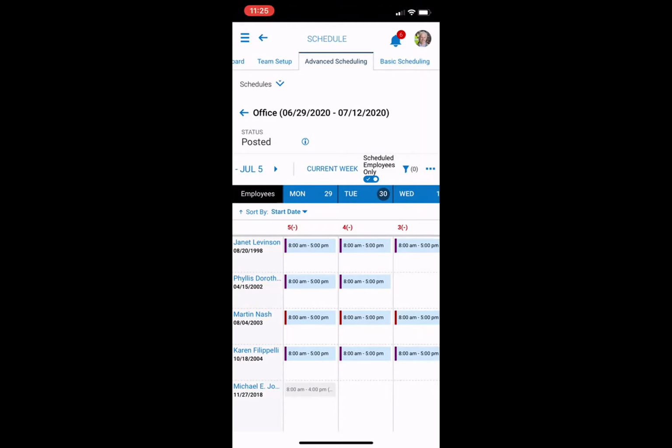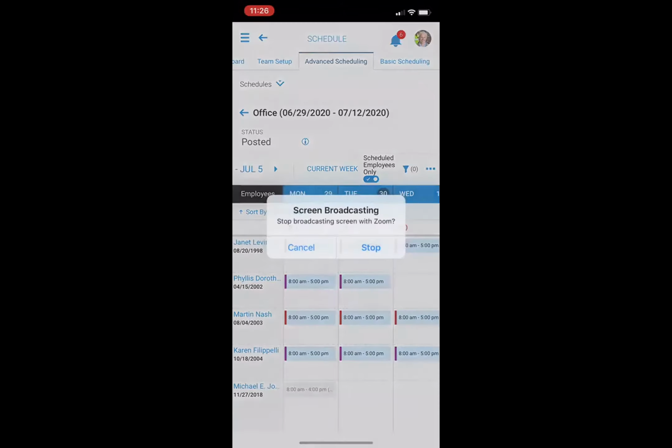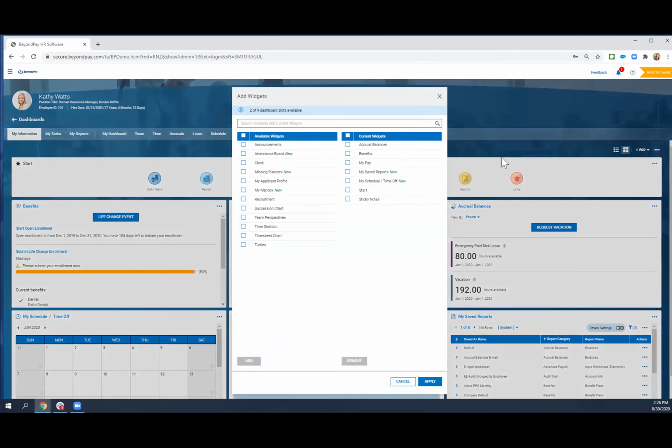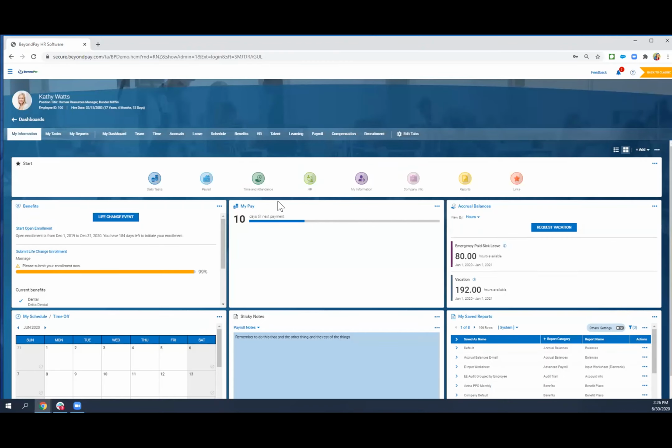And then I think this is for Misty. Where would you find the previous pay statements? Okay, yeah. So on your dashboard, there's a widget, a window, if you will, that says My Pay. And Brittany, I can share my screen. Let me open this up and I'll just show that to everybody. Okay, so as long as you have, and I'm going to open this up really quick so you can see which widget it is. If you have the My Pay widget under the current widget section, then you'll see something that looks like this. Okay, tells you how long it is before you're going to get paid,